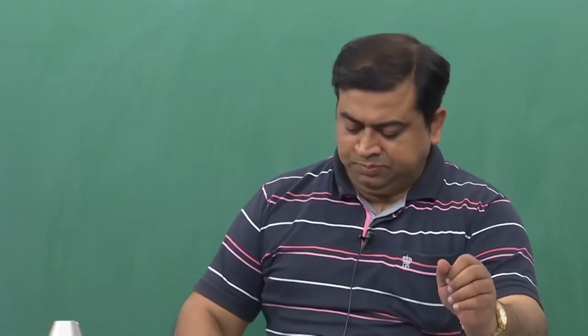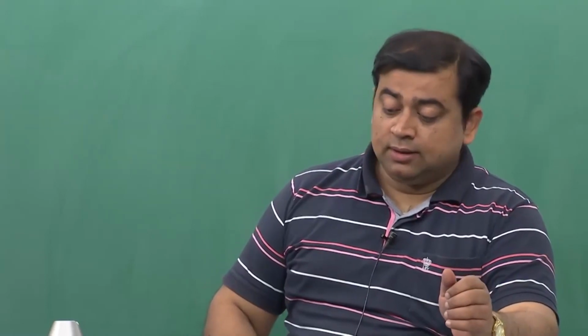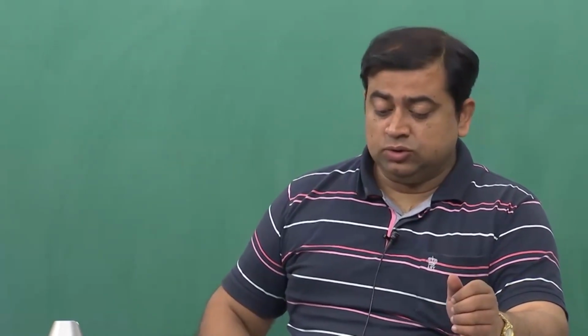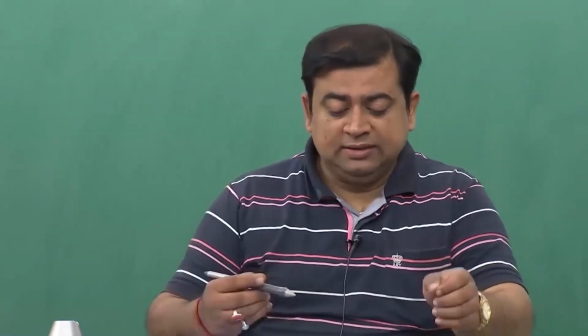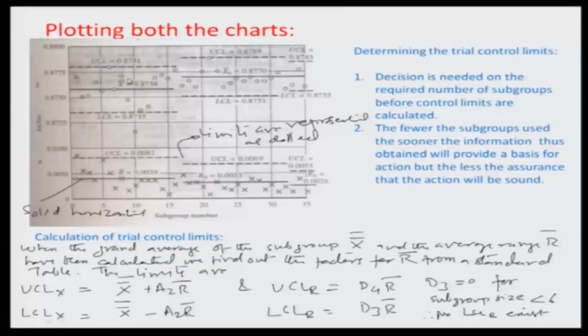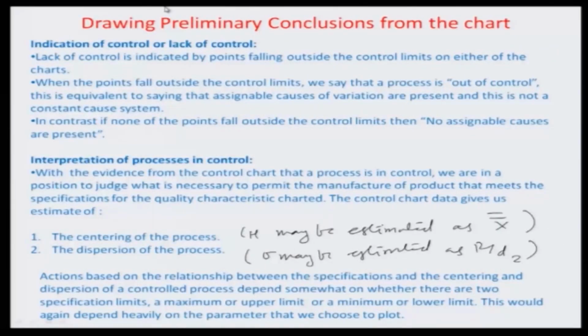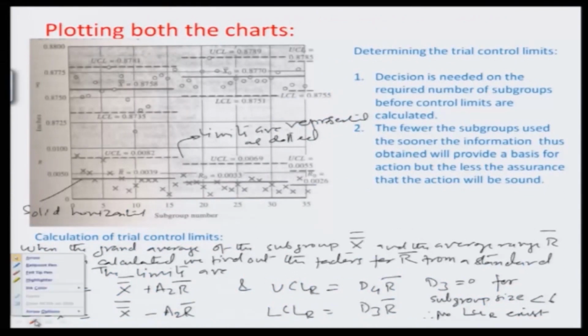So, you have both the cases recorded here of the control chart. So, we now actually start plotting these charts. You can see that the X double bar line particularly is falling around, as I had illustrated earlier, the mean of means, which was 0.8758. So, this is how the X double bar has been recorded, and you have the UCL,